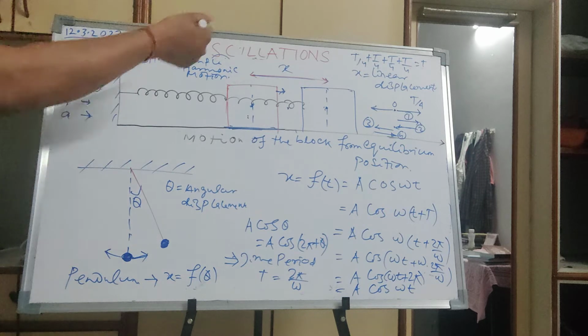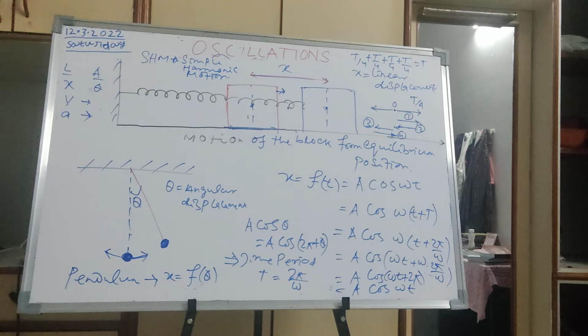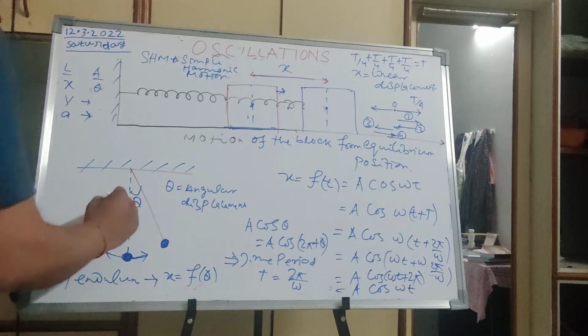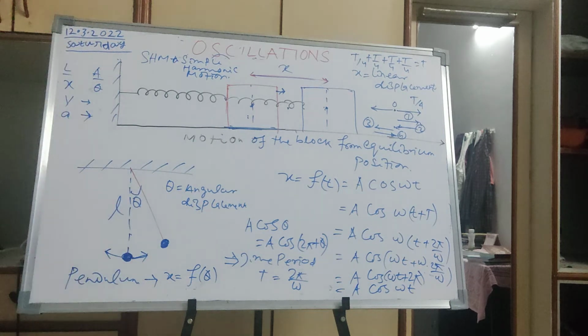So this we have talked about, the linear motion. Similarly, you can see a pendulum. You might have done the time period of a pendulum in your physics experiment. Let us say this is the length of the pendulum. This string has the length L. So what you might have done in your experiment,